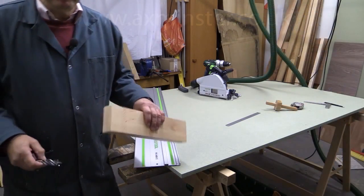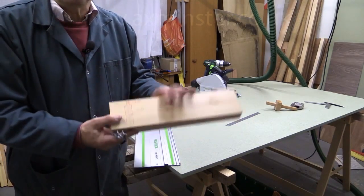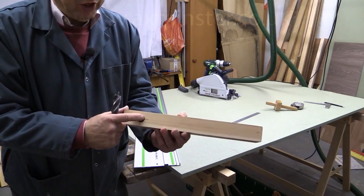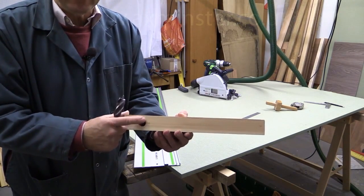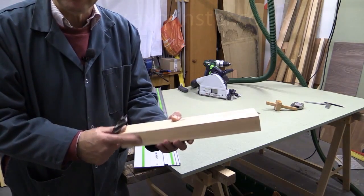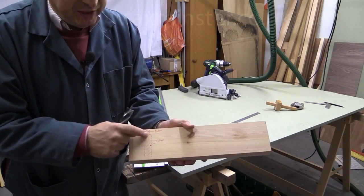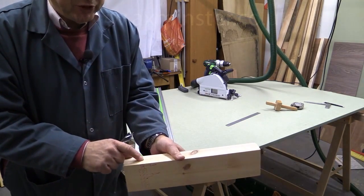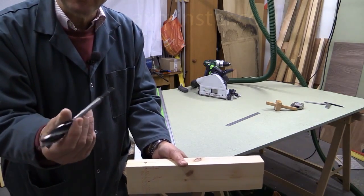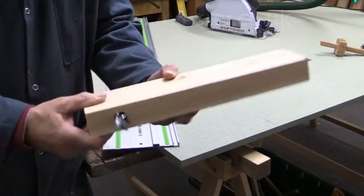Now, I am useless at drilling holes absolutely perpendicular, so I've got a little helper here. It's a block of wood, and in it I've drilled a hole which is 20mm across, and I did this with a Forstner bit. I did this on my drill press. So you do this before you set out for work in the morning. And that goes in quite a long way, and then it's finished off up here with a hole which is 8mm in diameter, which is perfect to take this drill bit, and it's going to keep it